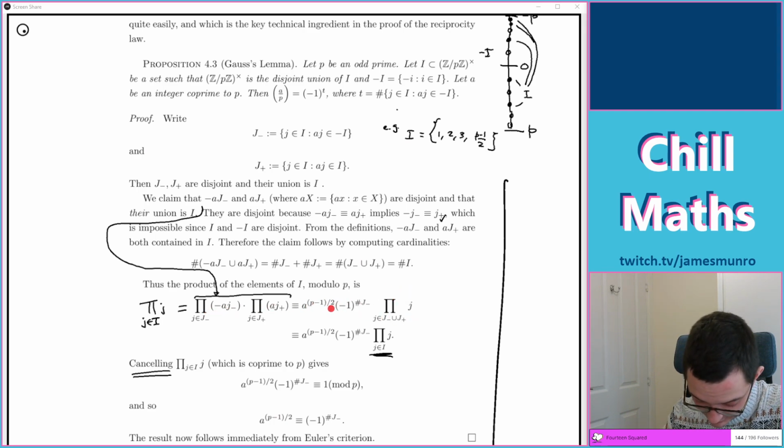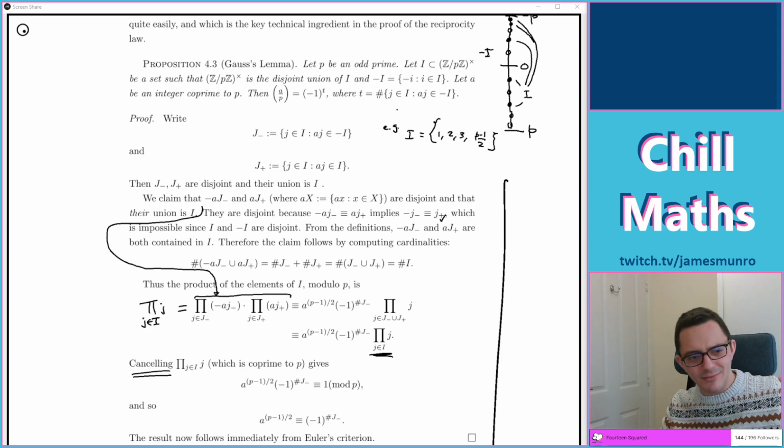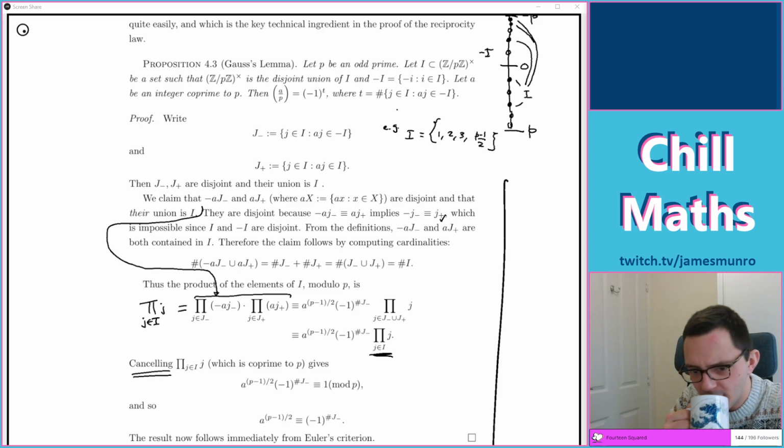And you got back, well, okay, things in J minus and things in J plus. Where do these things come from? Well, J minus and J plus are still disjoint, and give you I again. I really feel like this is written right to left. Things get more complicated on the left, so maybe I should write it out backwards. Or just I would understand it better the other way around.